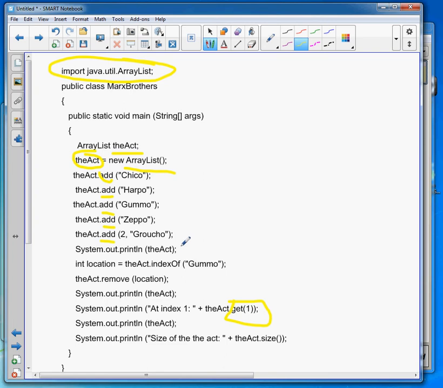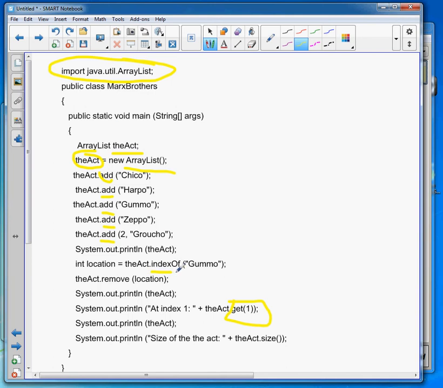Now, a couple of times through here, I want to know what the array looks like inside. What are the contents of the array? Notice that the toString method of the array list is designed to make it easy to print out the contents of an array list. Let's see, anything else in here? Oh yeah, I have something called